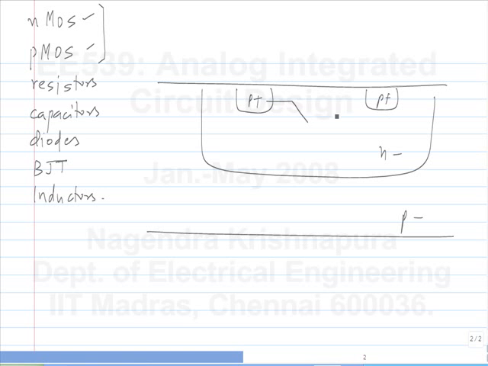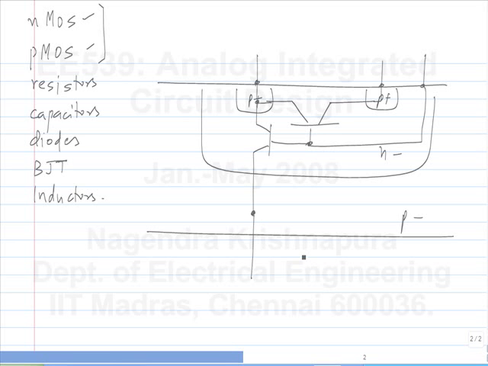So this is a possible transistor, and also this is a possible transistor. Okay. So which is the emitter and which is the collector? By the way, you have a similar structure here also. Whether you want it or not, it is there. It's up to you to bias it properly and use it as a bipolar transistor. So which is the emitter and which is the collector here?